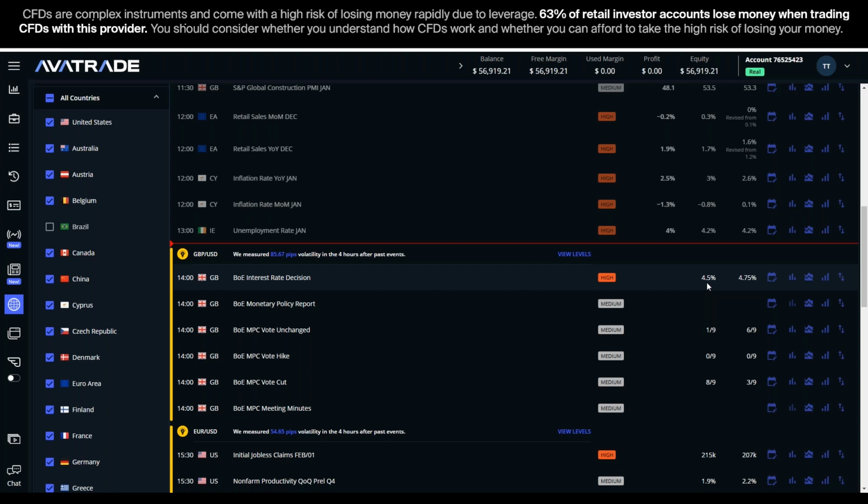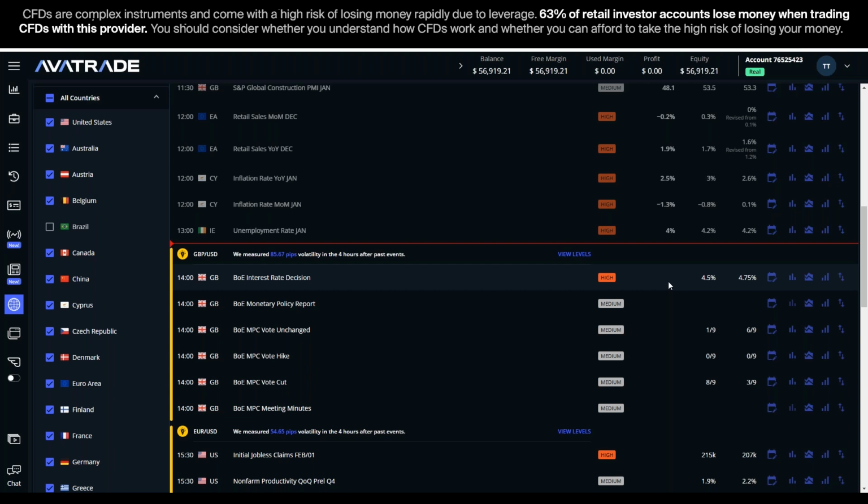But with that said, it's already expected that they will lower the interest rate. So any weakening might already be built into the current price because the expectation is already there that the interest rate will be lowered. So what you're looking for here is if they lower it more than expected, or maybe they don't lower it and keep it at 4.75, then you would probably see a much bigger reaction on the charts, okay? For example, if instead of lowering to 4.5, it comes in at 4.75, that would probably have a